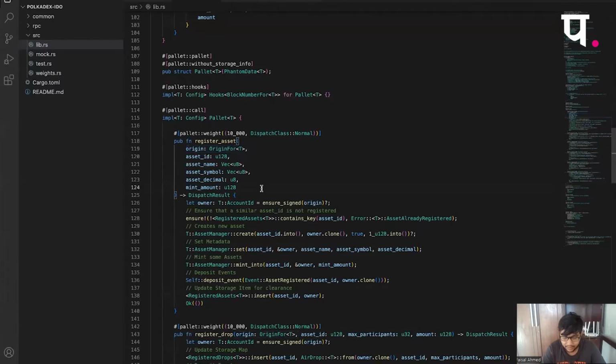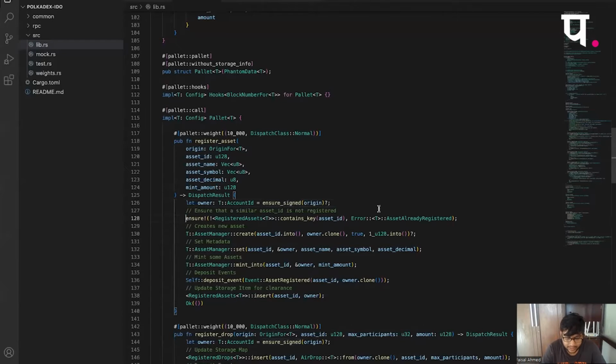So here we are using a signed transaction. That would mean that anyone who calls this transaction would obviously have to pay fees. If it were an unsigned transaction, then you don't necessarily have to pay fees, but you do need to write logic that will make sure that nobody spams these extrinsics, because the whole point of paying fees for a transaction is to avoid spam attacks largely.